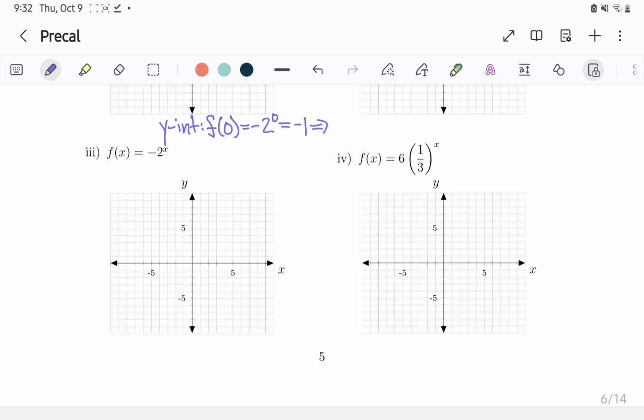And so our y-intercept here in example 3 is going to be at the point (0, -1). Okay, and then our domain is still all real numbers. Our range,